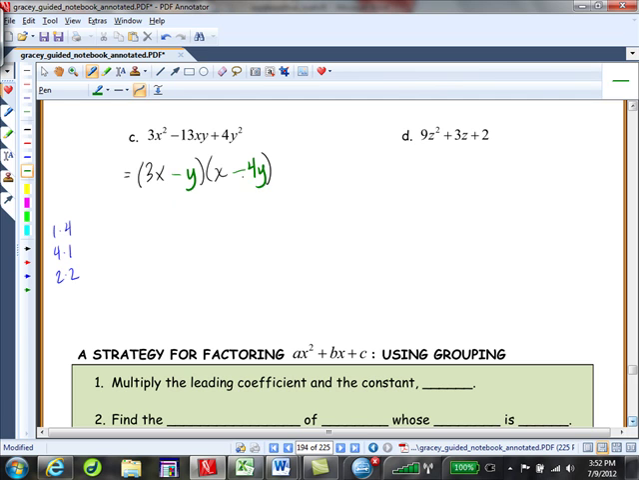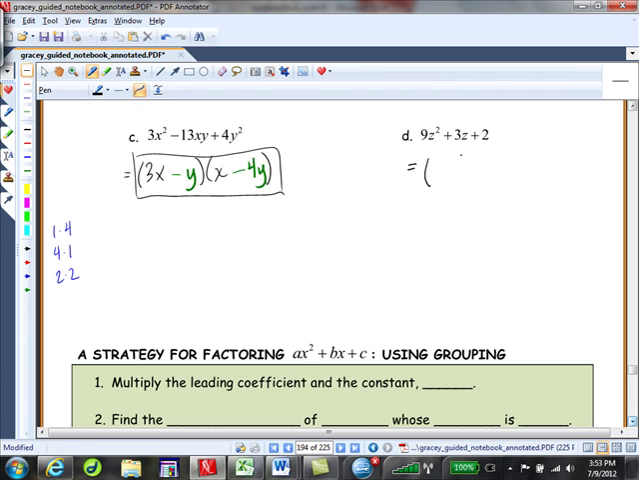Negative 12xy for the outer product. The inner product is negative y times x, which is negative x times y. And when you combine them, you get the middle term. So that was nice. We got that one pretty quickly. And then this last one, okay,